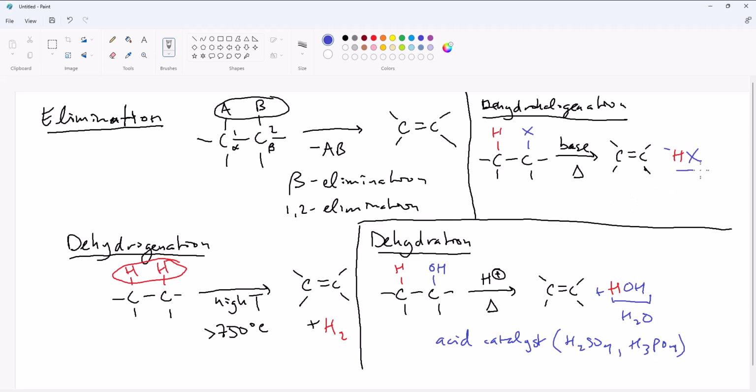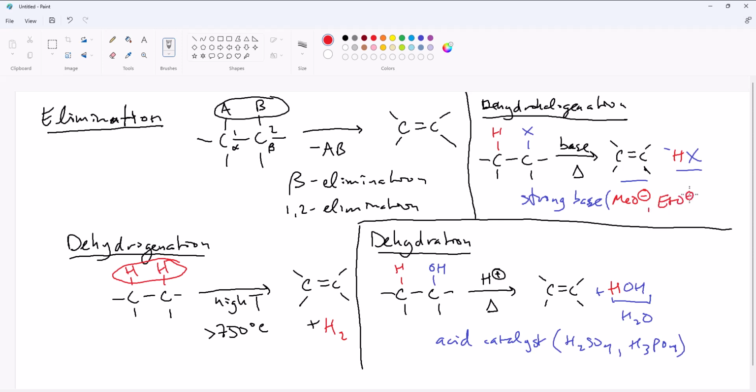So we generate a mineral acid and an alkene. This requires strong base in order to make this happen. And depending on the alkane, it can be stronger or weaker. Strong bases like this include things like methoxide,